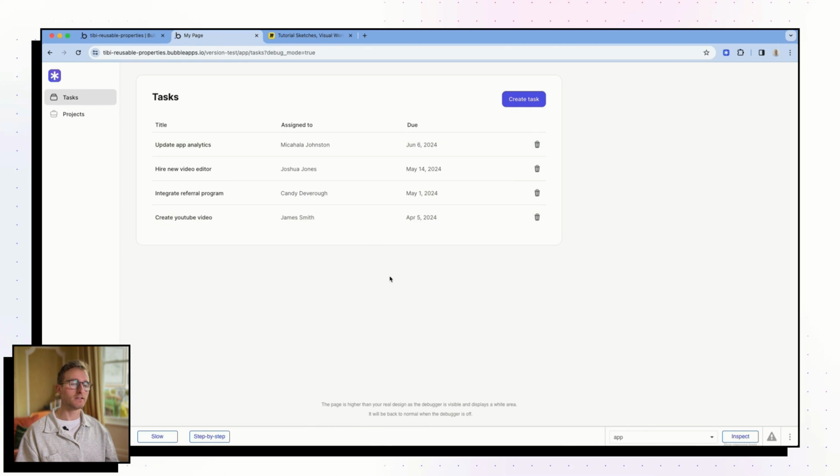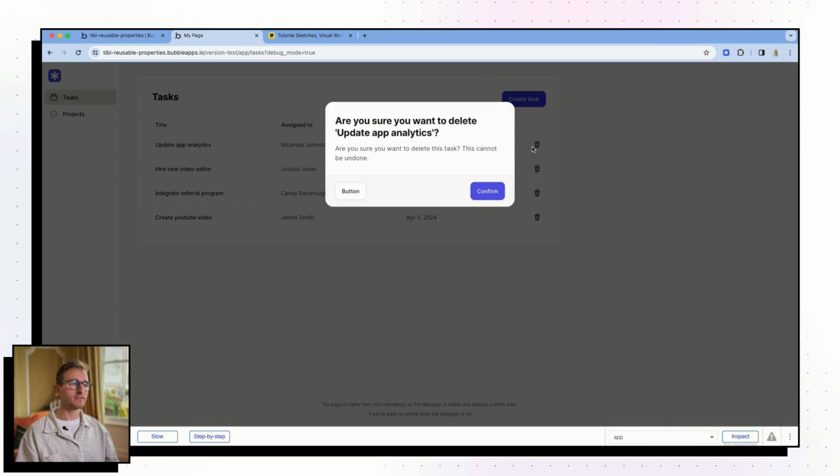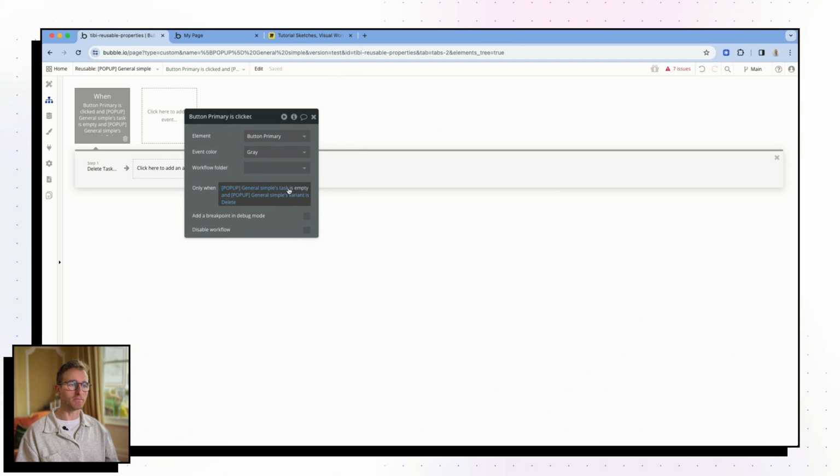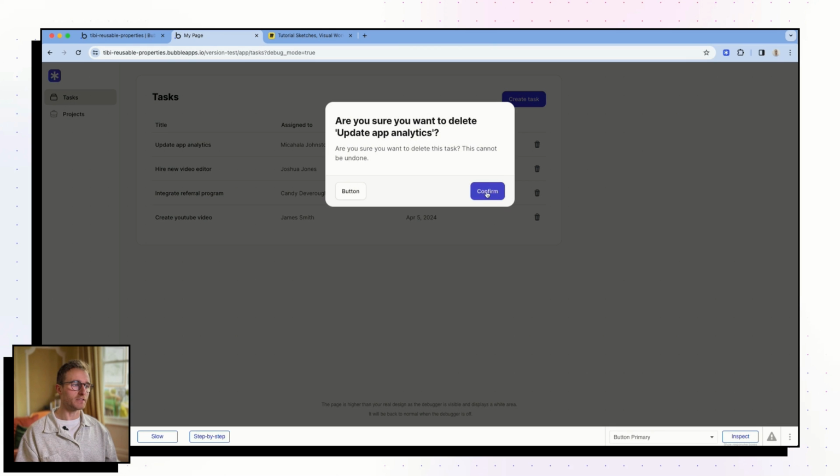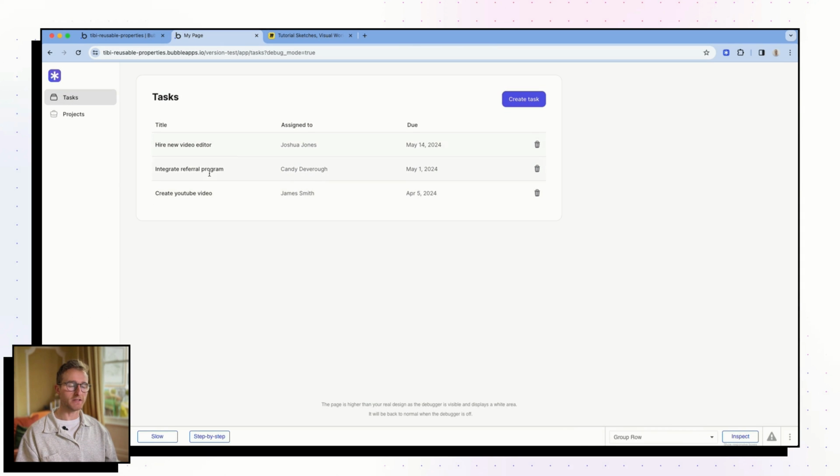Go to tasks, okay, and let's say I want to delete this one. We've got a bug in our condition here. It says when it is empty. Actually, it's when it's not empty, of course. So if we try that and we click confirm, you see there it went, it disappeared. Okay, so that logic did work.